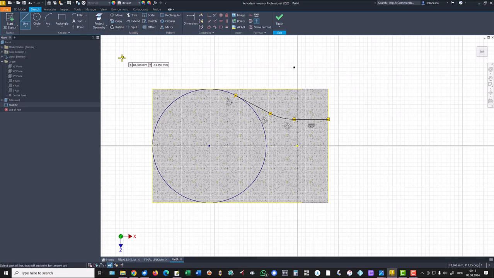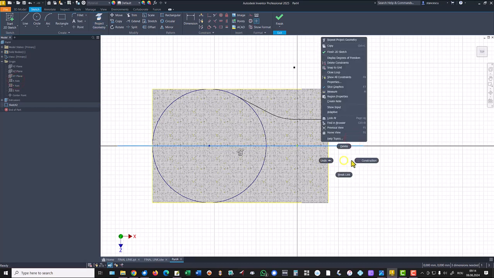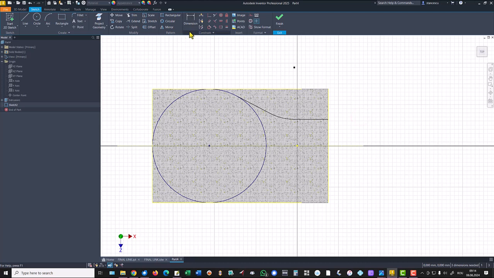Good. I project now the axis X. I make it construction, and I apply mirror for these 3 entities. Also this. About this axis, apply. Then I draw a line. I trim firstly. I trim this arc